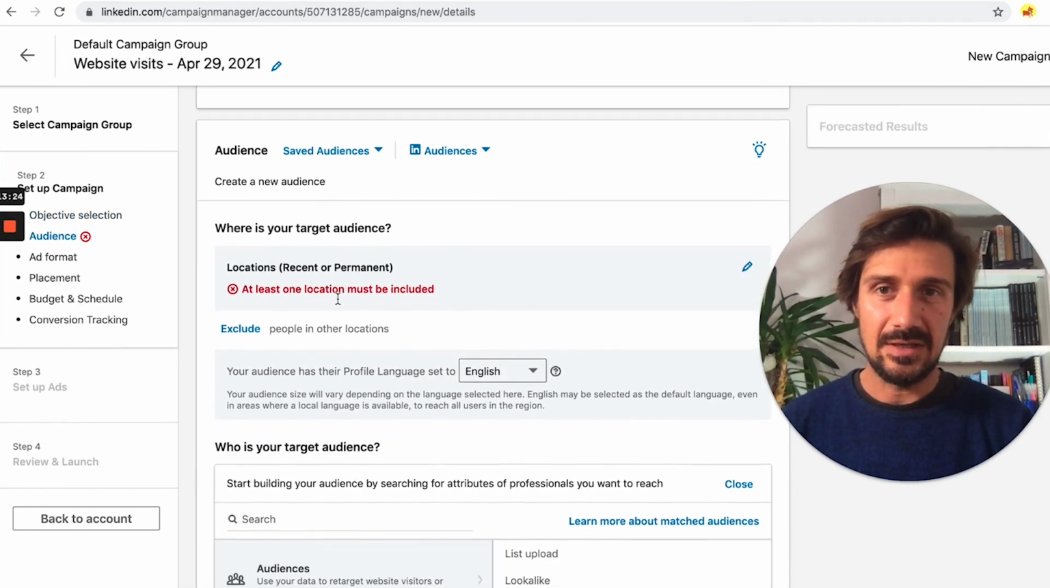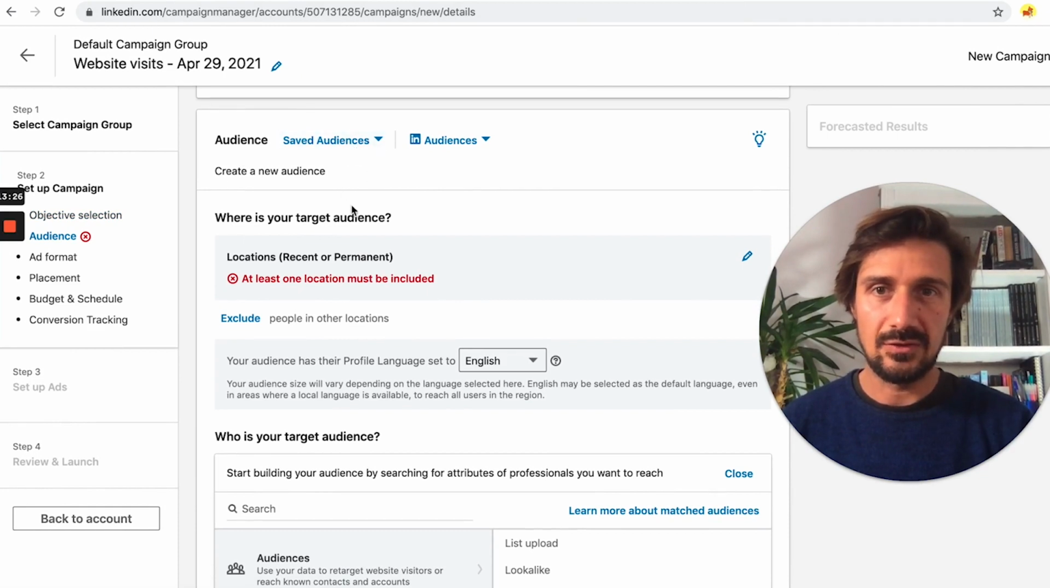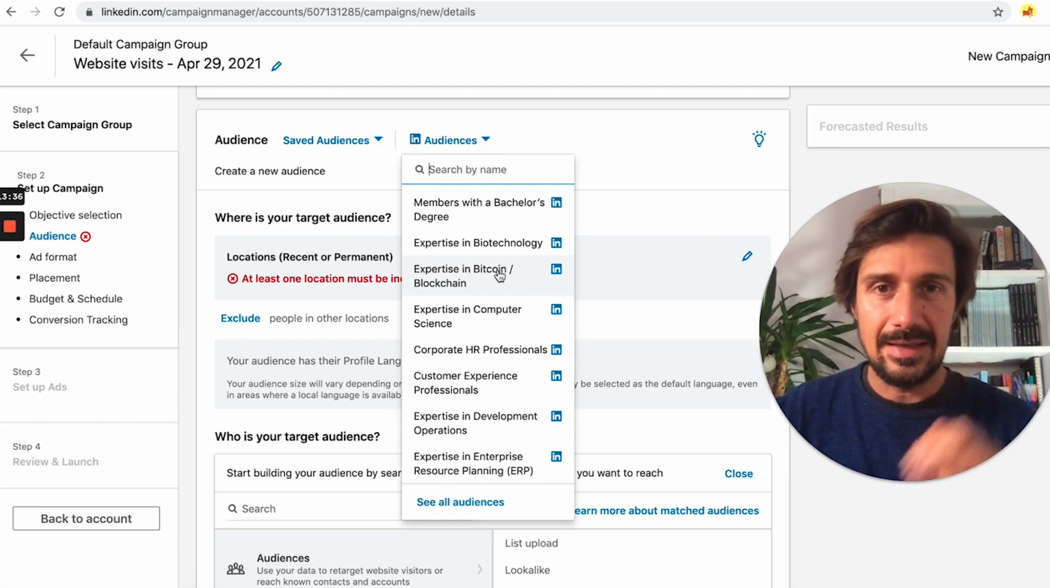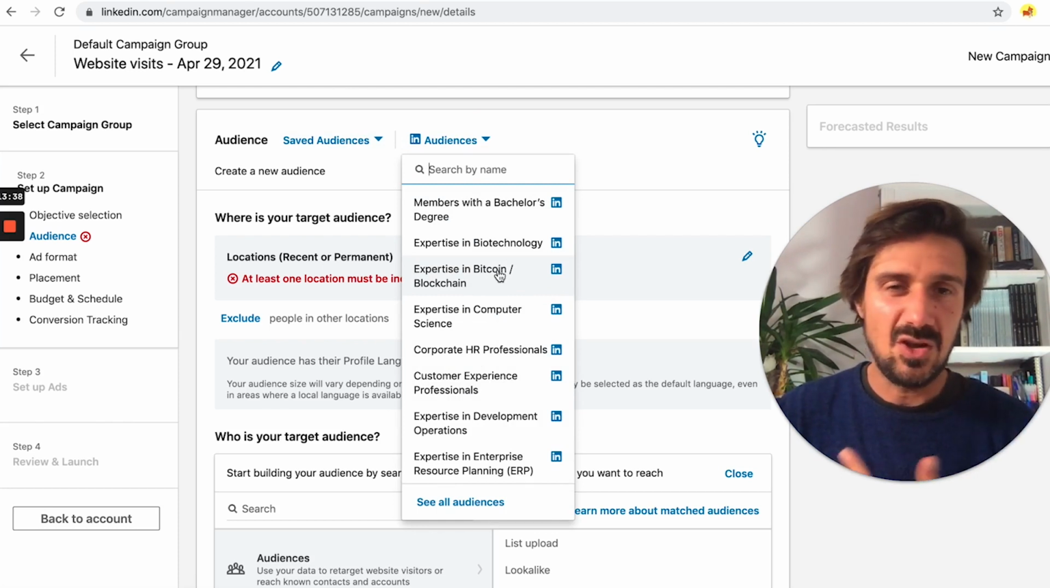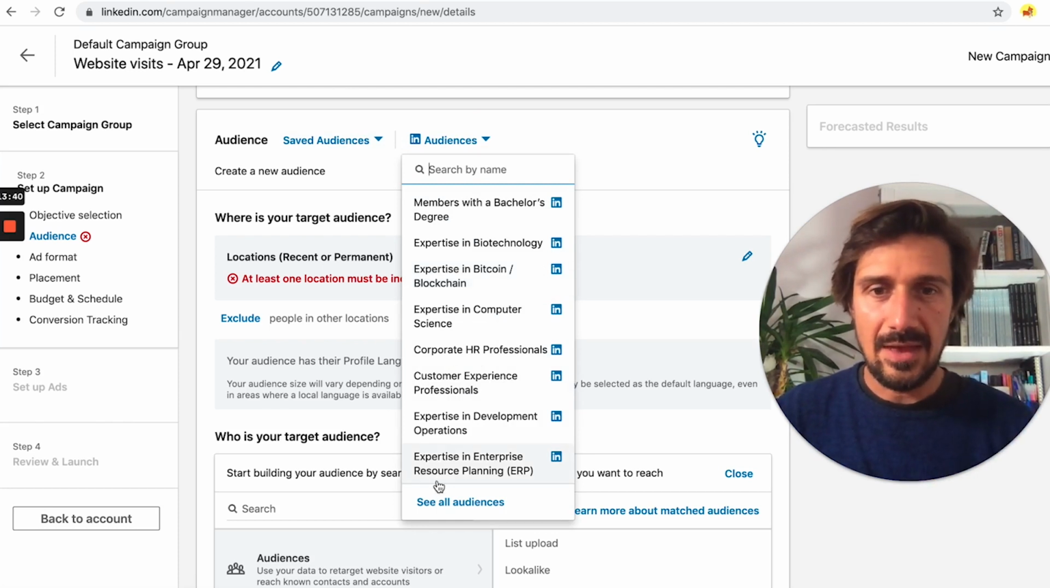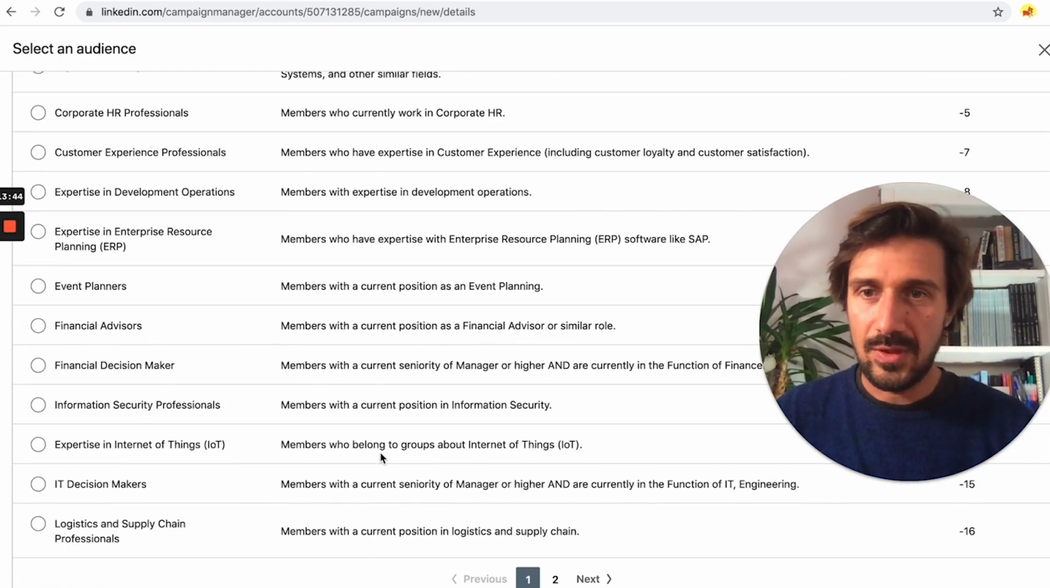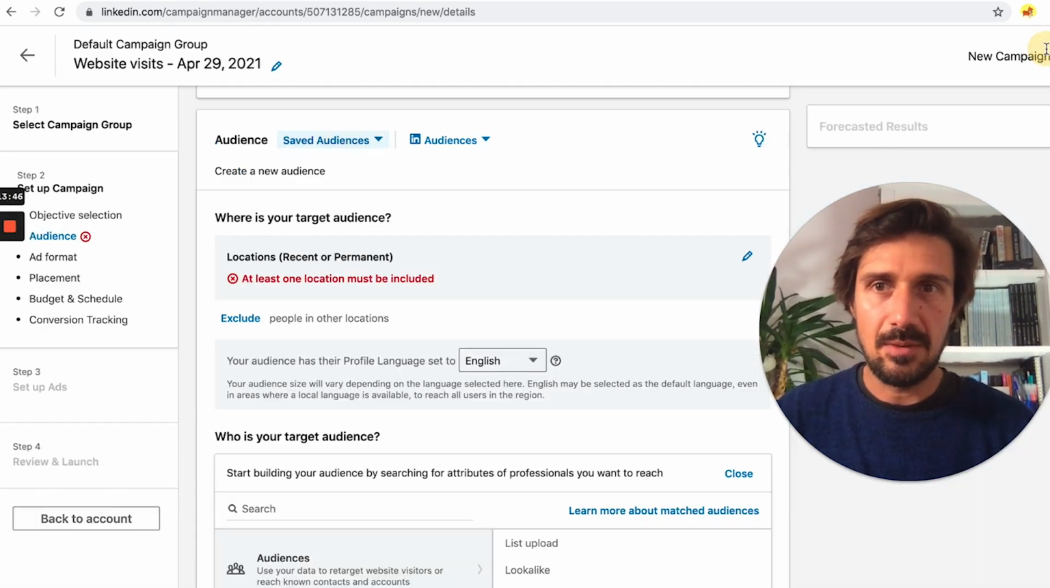The next thing you need to do is look at the audiences. You can save audiences, and you can use LinkedIn's own audiences. LinkedIn creates, like, experts in Bitcoin blockchain. That's cool, I didn't see that. Basically, LinkedIn has created all these audiences, and they're adding to it all the time. You don't really need to use this, but you can go through it and see what they're doing. I think it's a bit pointless